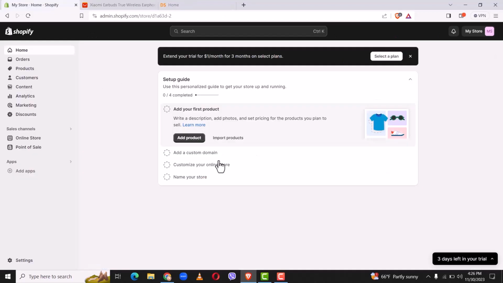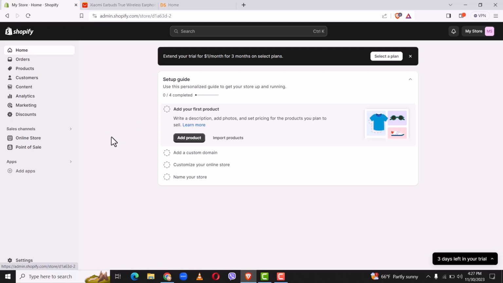Now that you have placed your order, you will need to create your own store to sell your products to your customers. Personally, for me, Shopify is the best application for this. Shopify allows you to open your own personal online store. On the Shopify store, you can create your own online store.